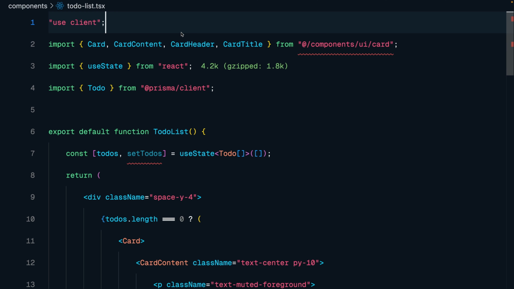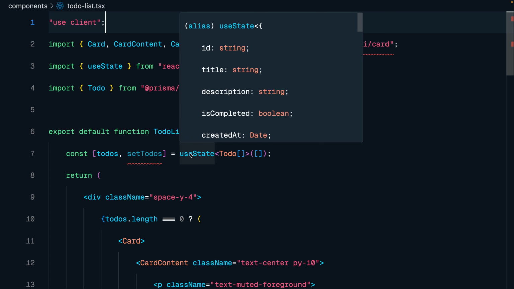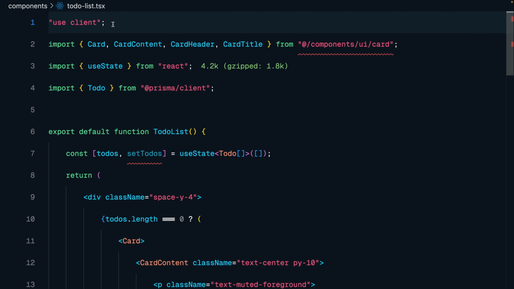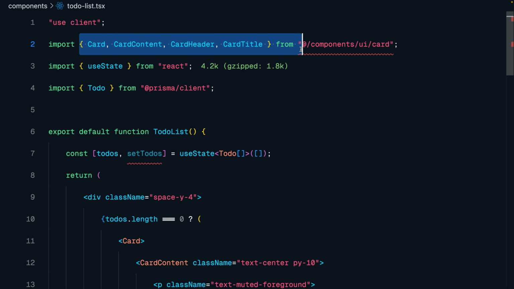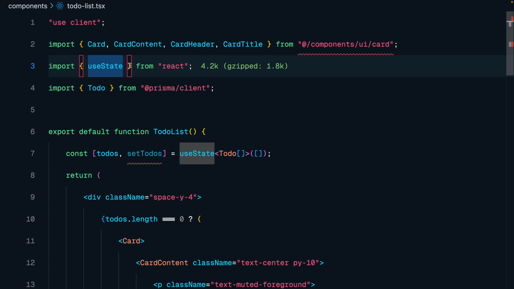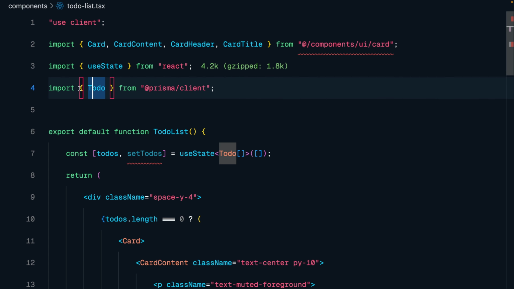Now, if you do not know, in Next.js, you have two kinds of components, client components and server components. And depending upon your use case, you can use any of them. There are both pros and cons to each of these. But since we need to provide some sort of interactivity, and also we are using hooks like useState, we need to use this use client directive at the top of the file to make this a client component. And then we are importing the Card component from Shadcn, useState from React, and then I'm getting the Todo type